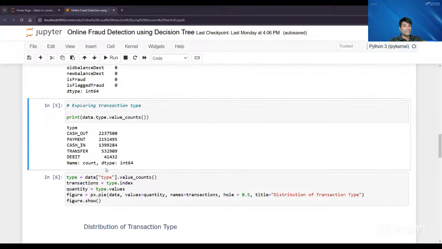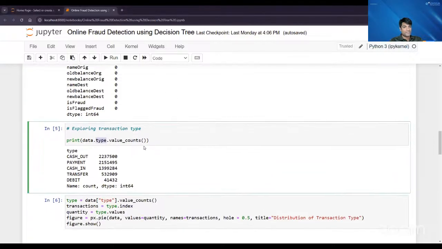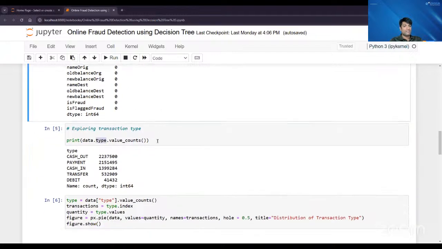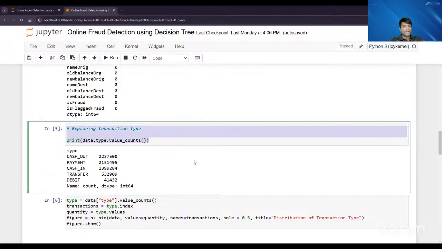We are going to identify based on this, because the column name is type. In the column named type, you can see a function being used, and that function is value counts. If you use value underscore counts, it will count, for a particular column, the unique things in that column. But